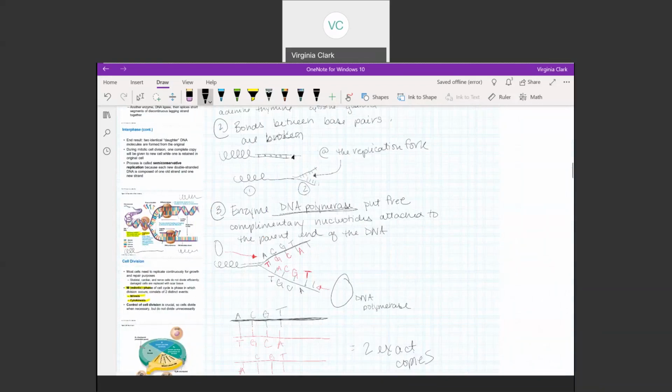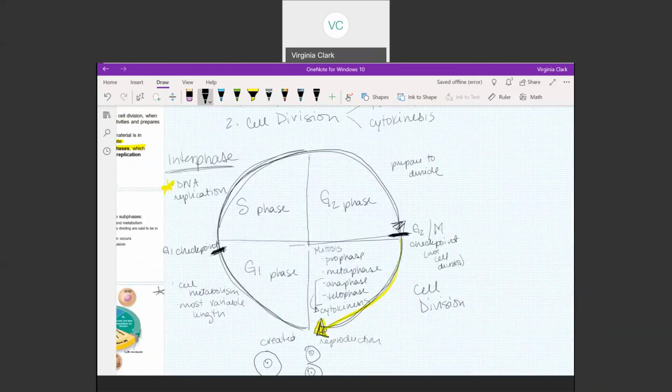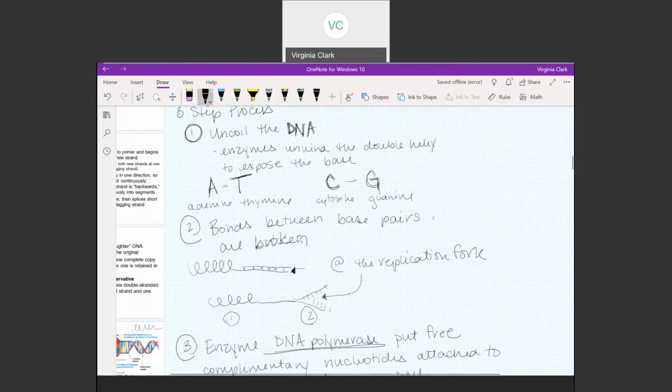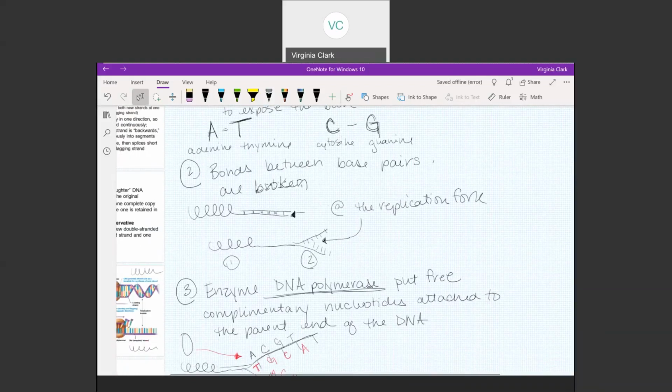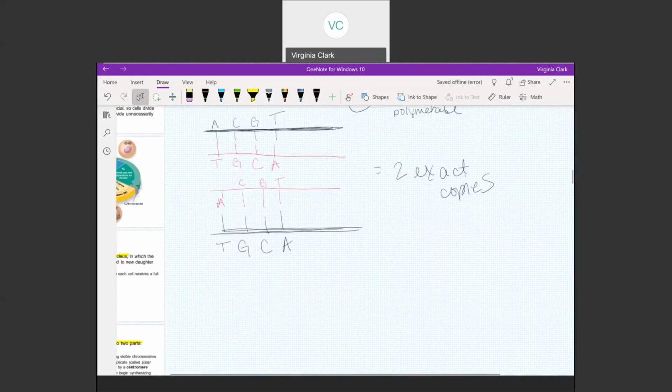So all of this is happening during this S phase right here. DNA replication does not happen during cell division. DNA replication happens during S phase. Okay, and then after this enzyme DNA polymerase puts free complementary nucleotides attached back onto the DNA, it's going to go through a process where it is going to restore. After this, what it is essentially doing is putting segments, or splicing segments, of DNA together. So with this restoration,